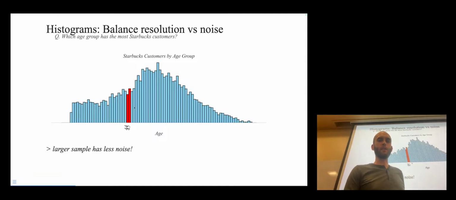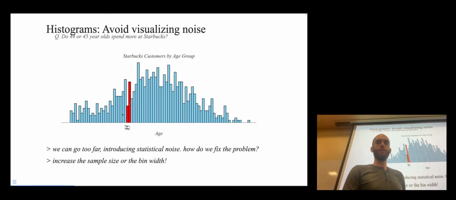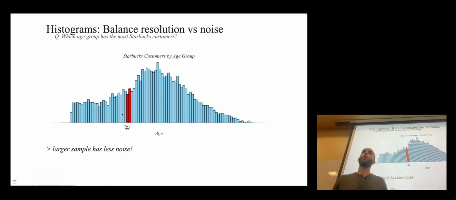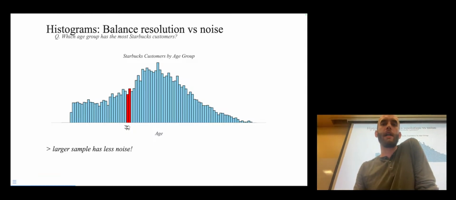So I've increased the sample size, and here you can see these two ages get much closer to each other. So the random noise that we saw in the earlier figure has gone away. Or it's at least shrunk. Like, we haven't gotten rid of it, but we've made it a lot less spiky, simply by allowing ourselves to place more observations into each one of the bins. And then the other thing we could do